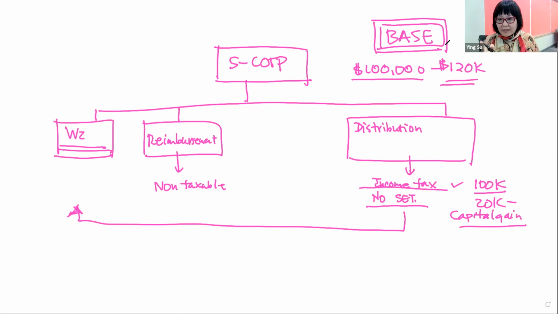If you don't have basis, you can't claim the loss, right? It's almost like if you didn't put in money, how could you have a loss? That's just a very simple understanding. If you didn't bet on anything, how could you lose? You must put in something before you can claim a loss, right? In the corporation, that calculation builds up over years, and it is actually sitting on your M-2 schedule on your tax return. So that's why when we take over